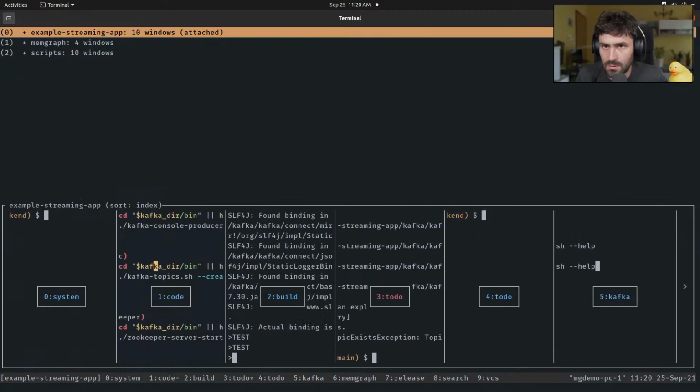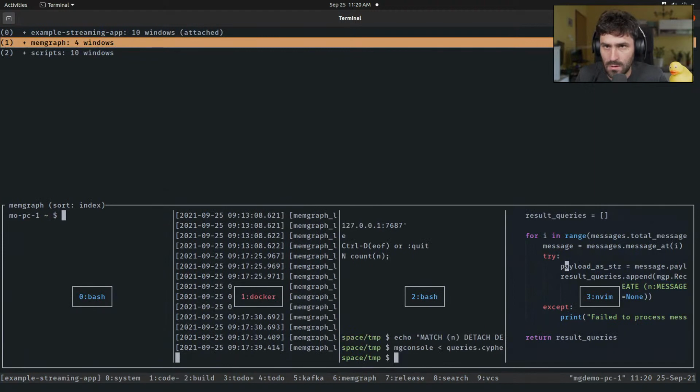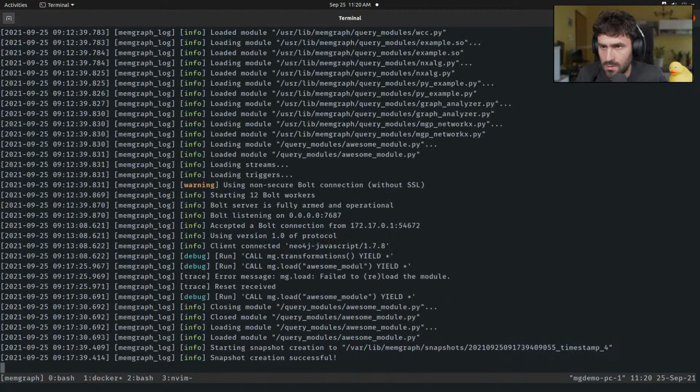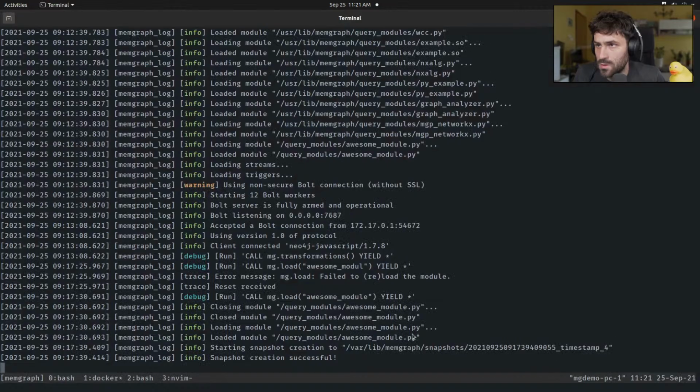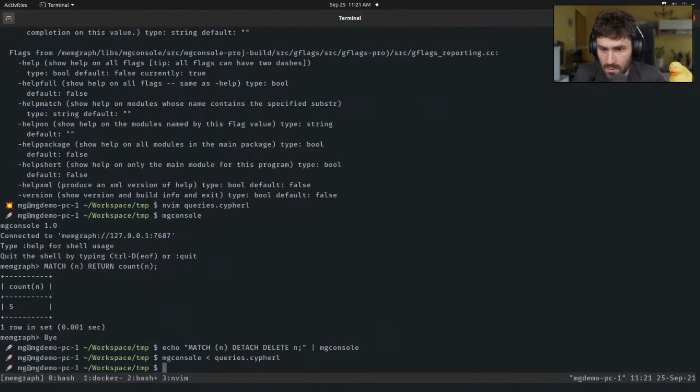So I'm gonna just use that here as a name, topic, boom, and transform namespace dot transform. Namespace is actually our module name, which is awesome, module dot, and the transform is